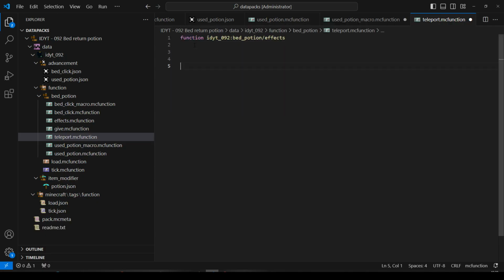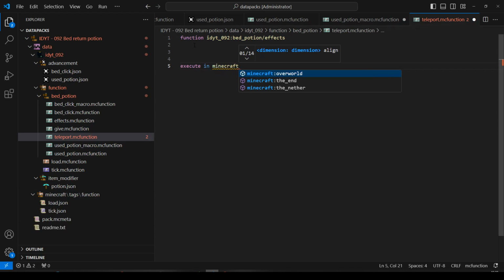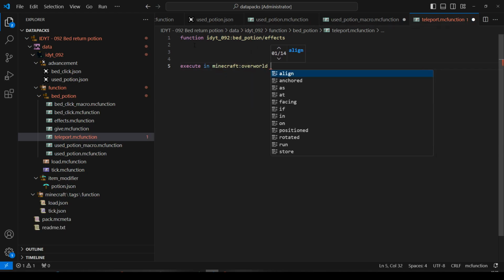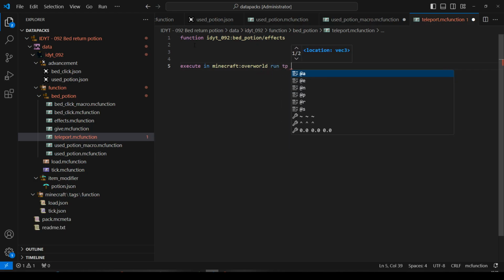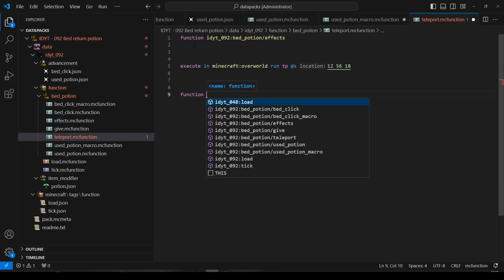Then we'll teleport them. Execute, we'll just do it non-macroified. In Minecraft overworld, run TP at S to, what does that say, 12, 56, 18. And we want some effects